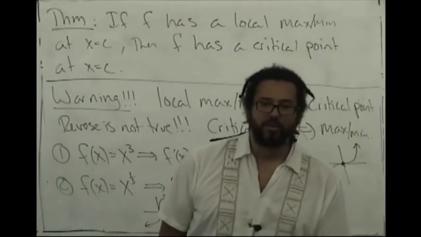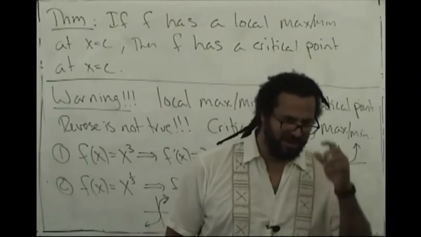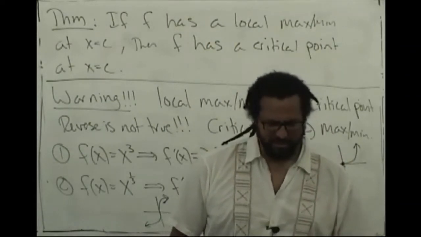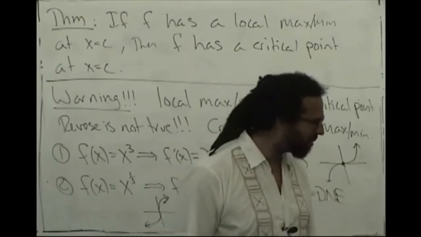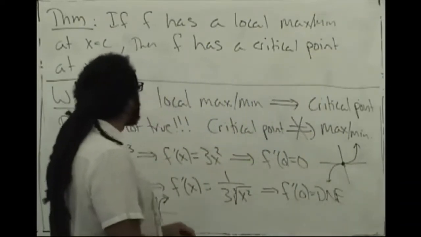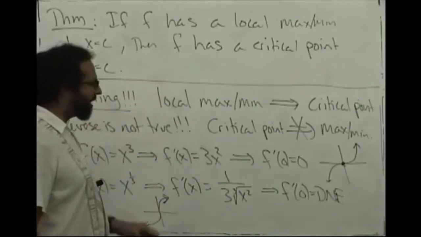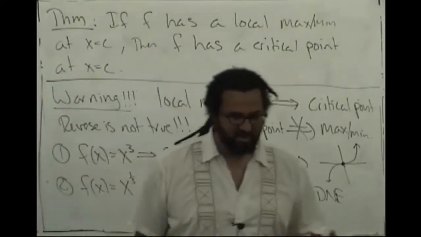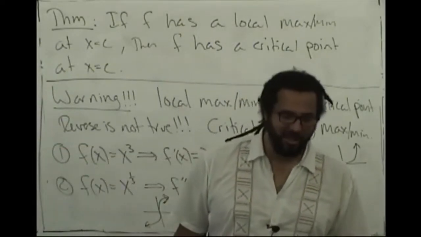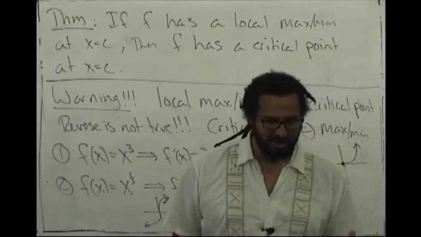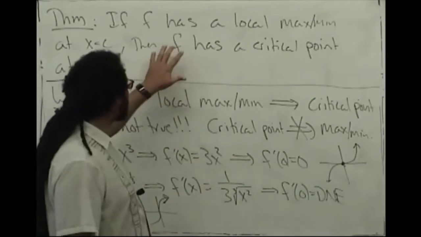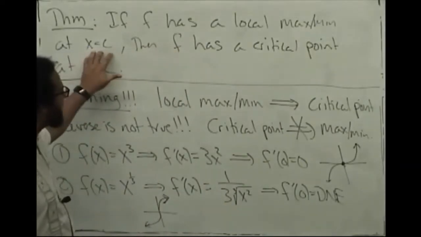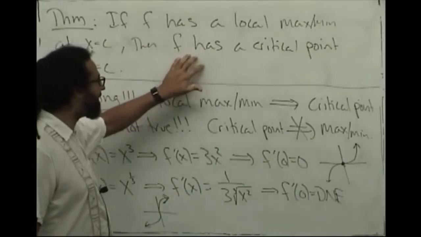And I wanted to revisit Fermat's theorem and say a few words about that, and maybe write down a quick proof using a limit argument. So here's what Fermat's theorem says. This is the thing that allows us to throw out all but finitely many points when we're checking for extreme points, right? So if f has a local max at x equals c, then f must have a critical point